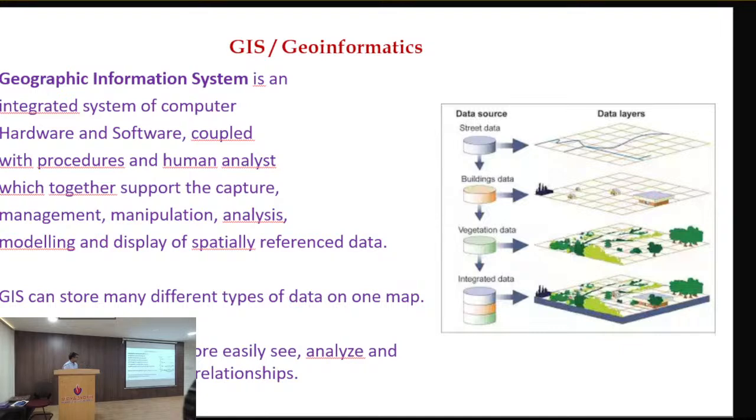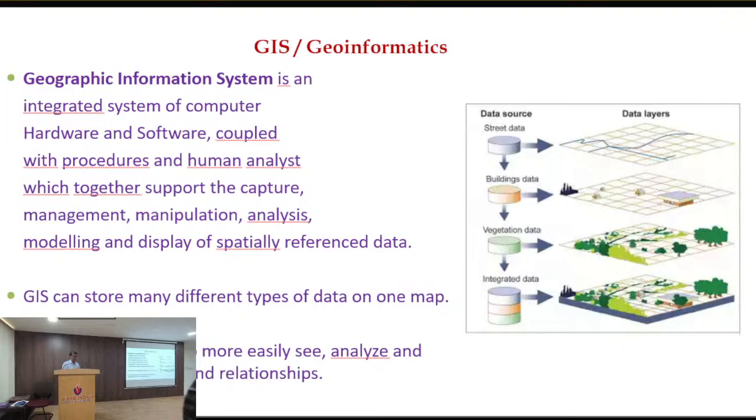Now the definition of GIS has changed from time to time, and slowly the advancements in computer science, especially DBMS, WebGIS, web analytics, and database manipulations, led to the concept called geoinformatics. So the many advancements in computer science have changed GIS into geoinformatics by way of handling the spatial data. It is nothing but capturing the data, analyzing, providing the output, and then dissemination. So geoinformatics is the discipline of handling spatial data more effectively for decision making.